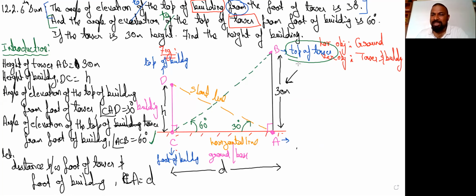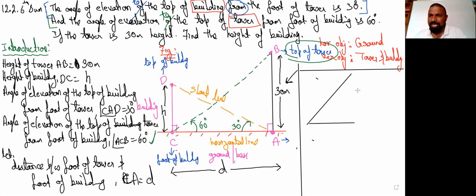It is not mandatory that we have to take any fixed triangle there, but I like to take the triangle in which the measurement is already given. So I'm going for the triangle which is having the measurement. Let's go for that one. It's B, A, C, and the angle of elevation is 60 degrees. Here it is already 30 meters, and D is the one which we don't know.